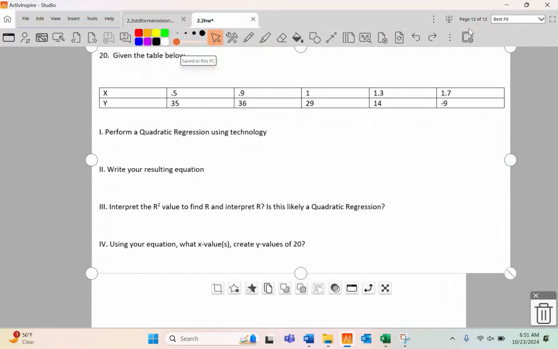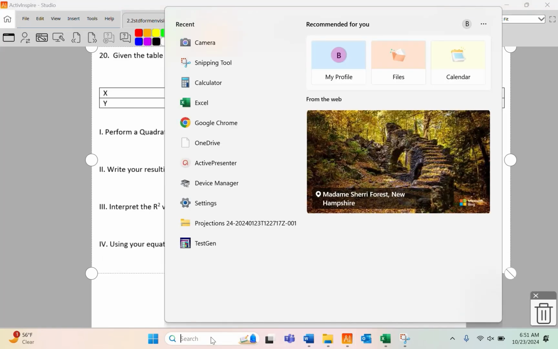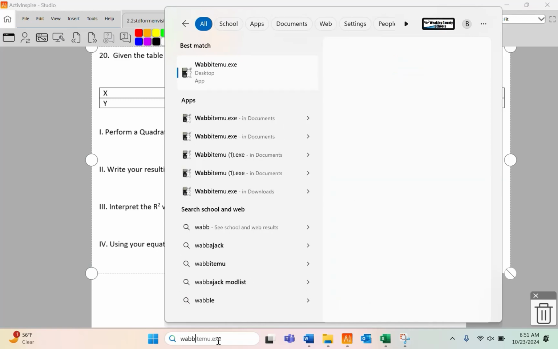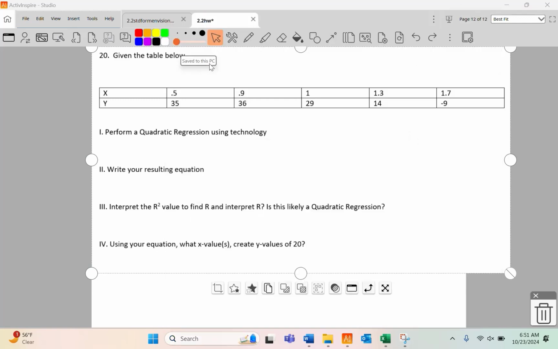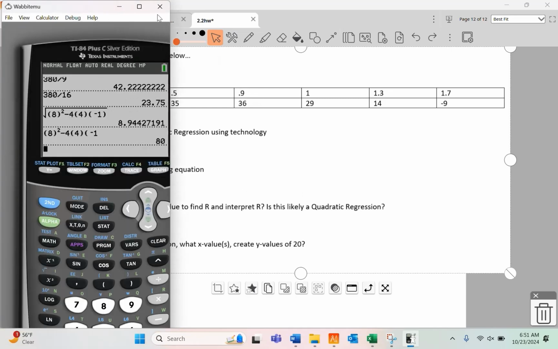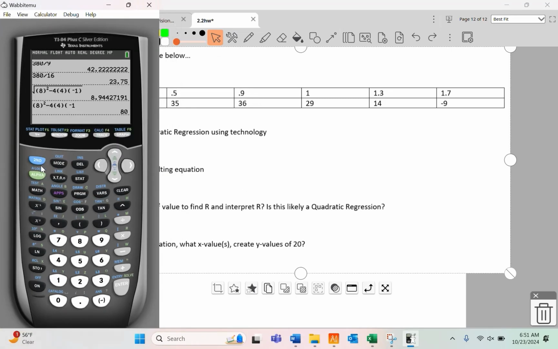It's called ownership. Anyways, given the table below, perform a quadratic regression using technology. And I'm doing this backwards for no good reason, mainly because I'm just bored, and to show you not everything has to be done from one moving forward. What we're going to do is put this information in our calculator. So that's done by hitting